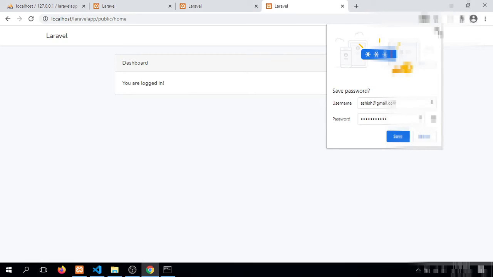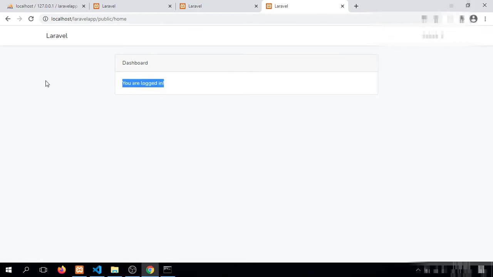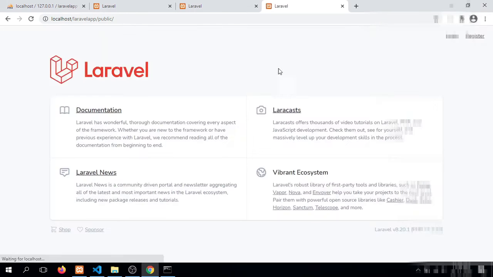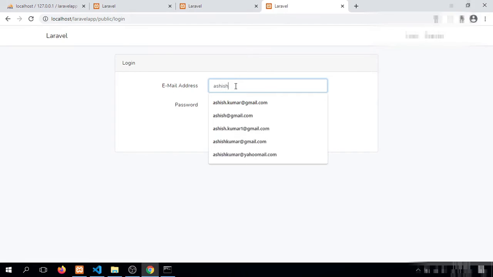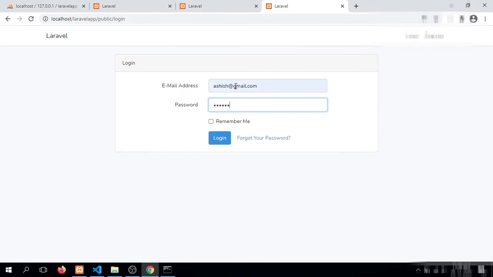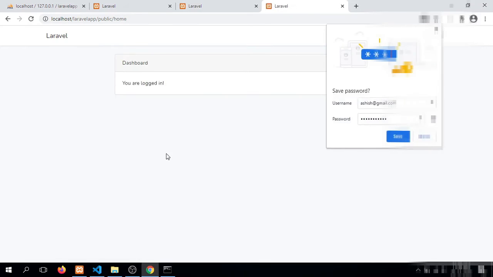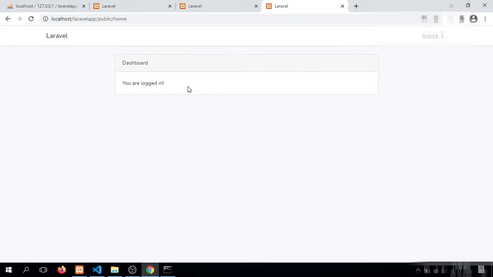You can see that we have registered and automatically logged in into our system. Now if we want to log in directly, you can see that we are logged in.